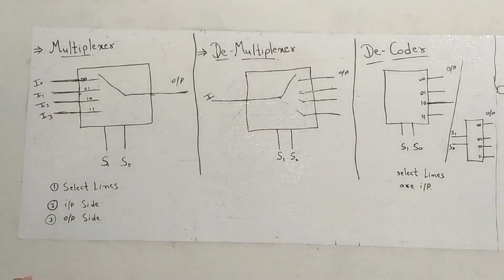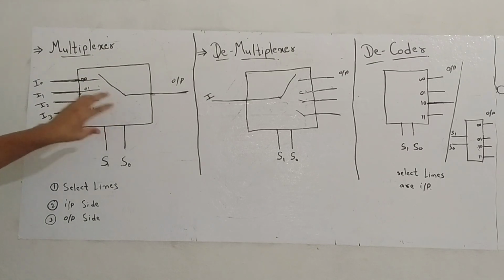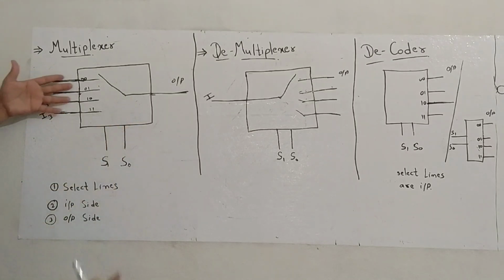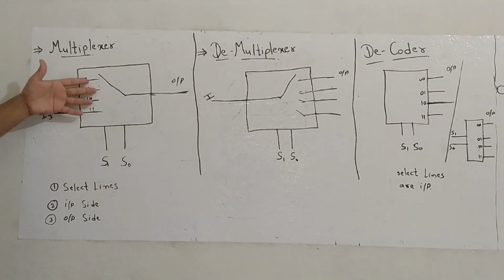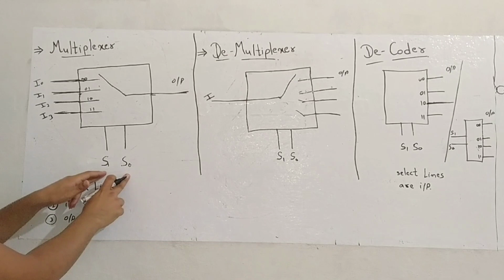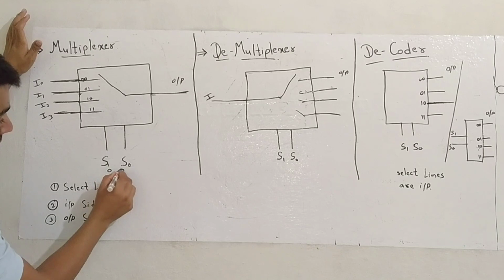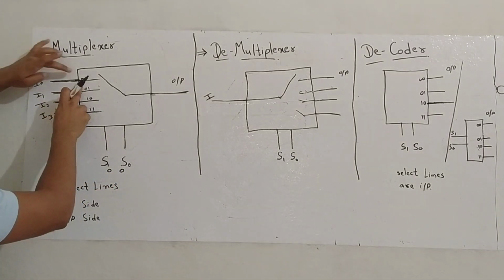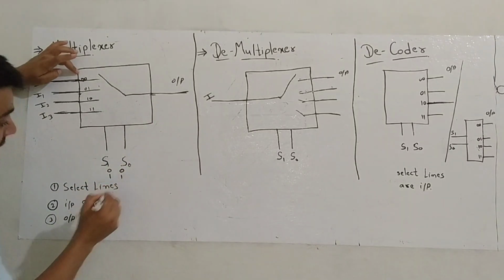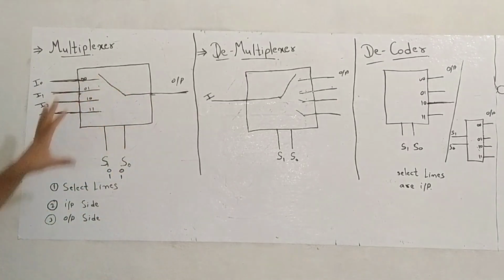So what is a multiplexer? A multiplexer, as the word suggests, is a digital device which selects one of the inputs among multiple inputs as output according to the select lines. Okay, so suppose on the select lines we are giving 0 0, so the 0th input will be selected as output. Suppose the select lines are 1 1, so the 3rd input is selected as output of the multiplexer.